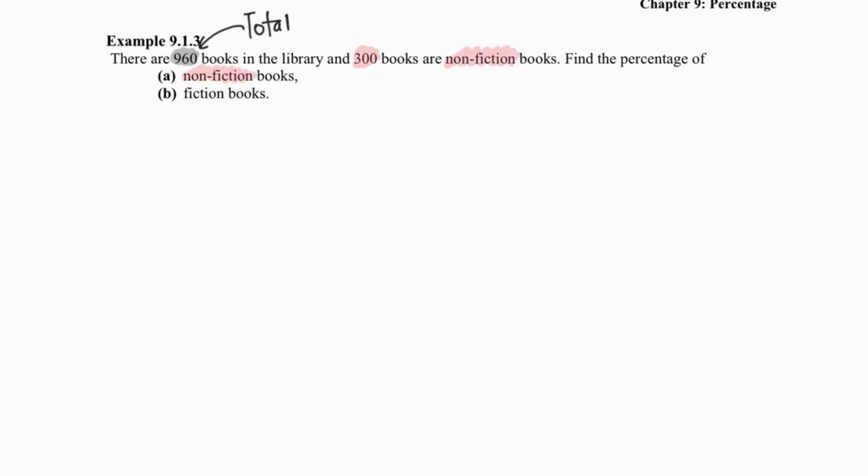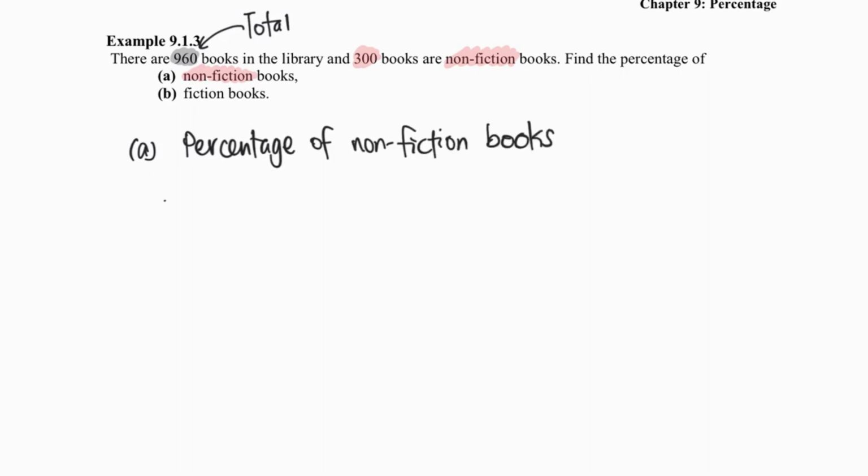So for part A, we would need the percentage of non-fiction books. There are 300 of them, so 300 out of 960 times 100%, and I would arrive at the answer 31.2